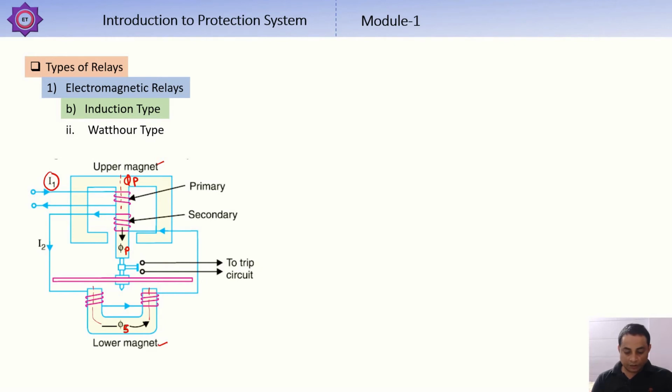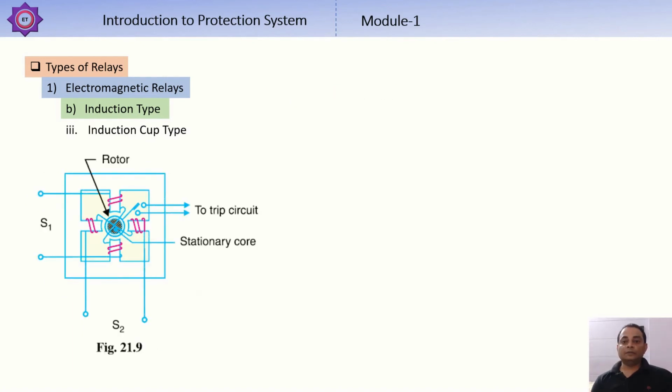Due to interaction of phi p and phi s, a torque is developed which is proportional to phi p phi s sine alpha, and the disc starts to rotate. Due to rotation of the disc, a rotating contact